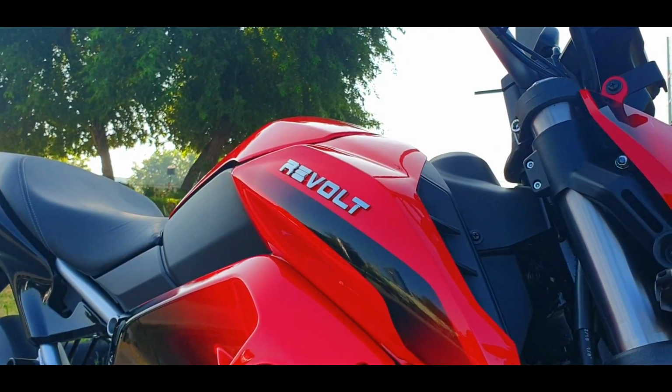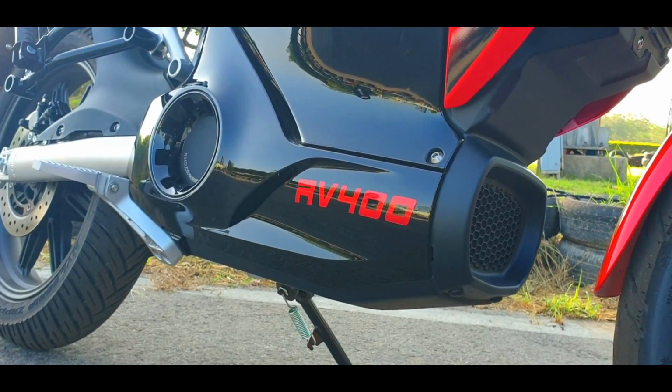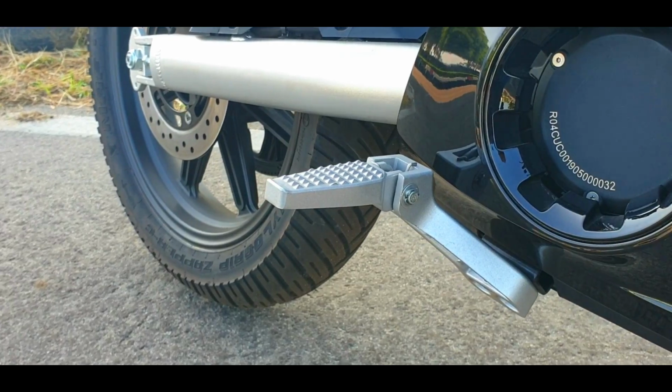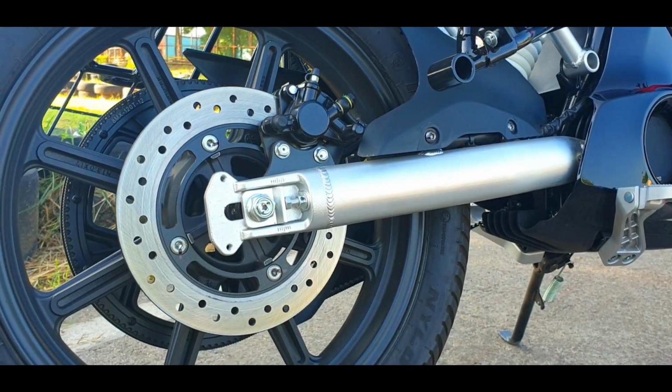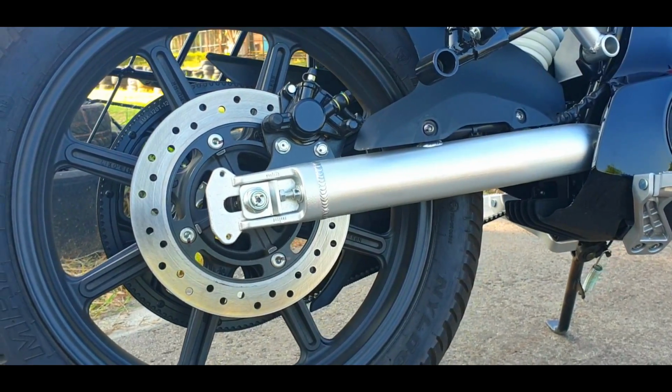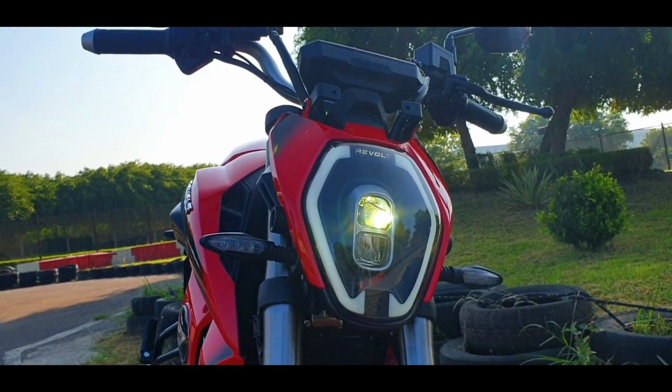The word revolt means to rebel against something that is established. It means to rise up against the odds and to create a revolution in and of itself. What's so significant here, you might ask? Well, I can say it is not just the launch of a new motorcycle, it is the beginning of a